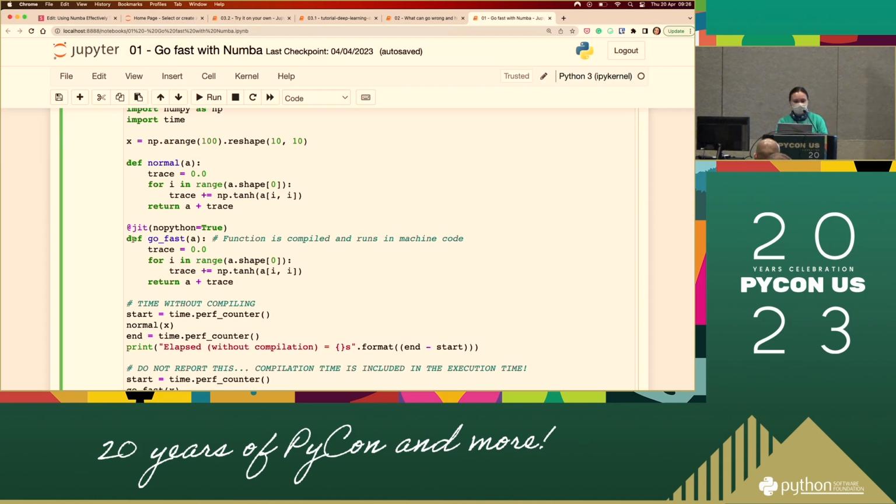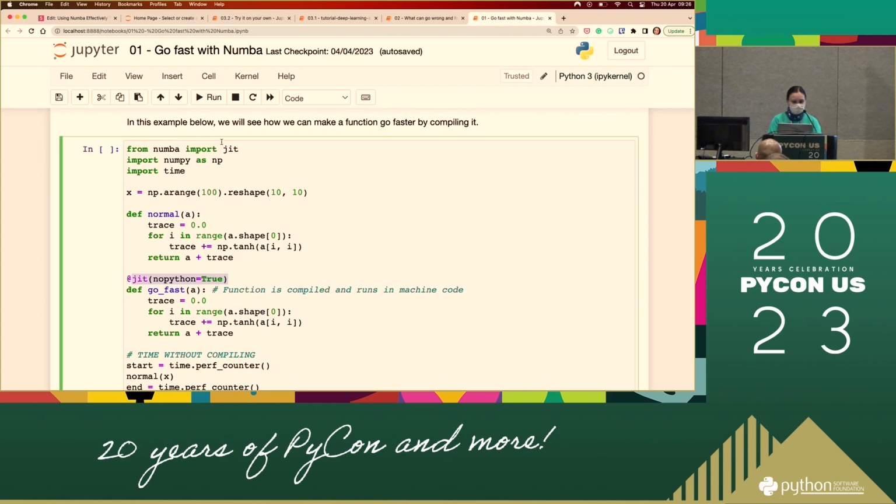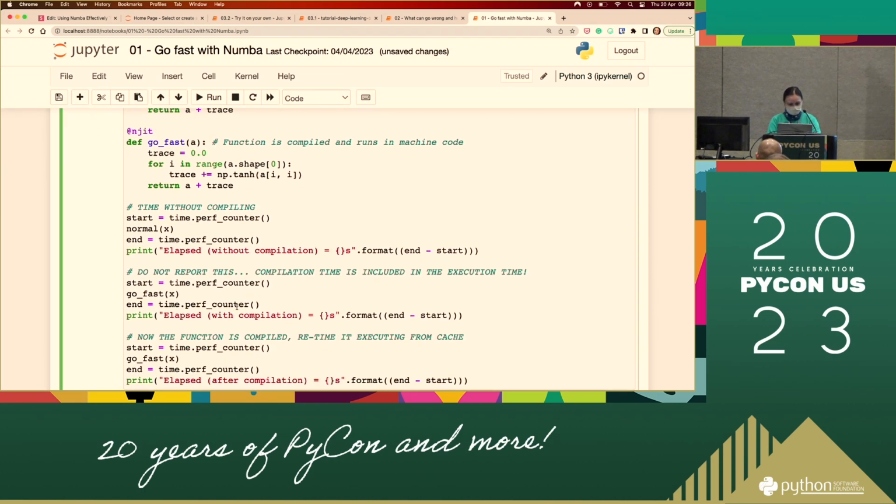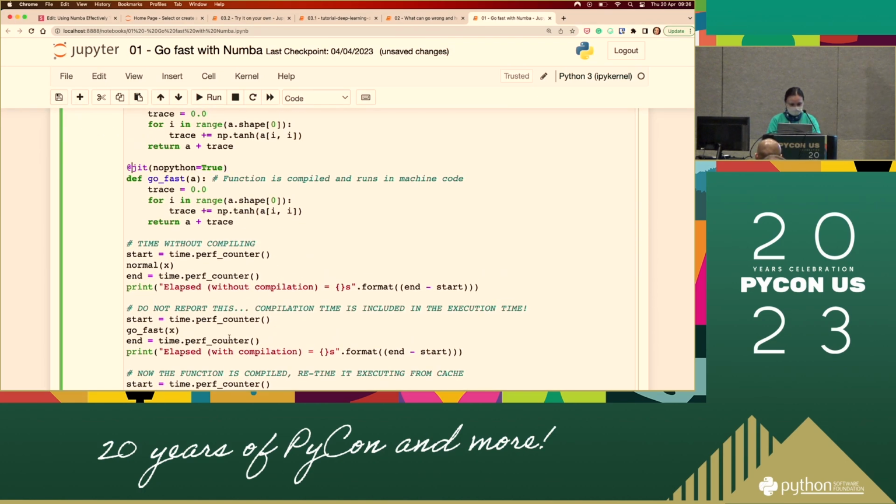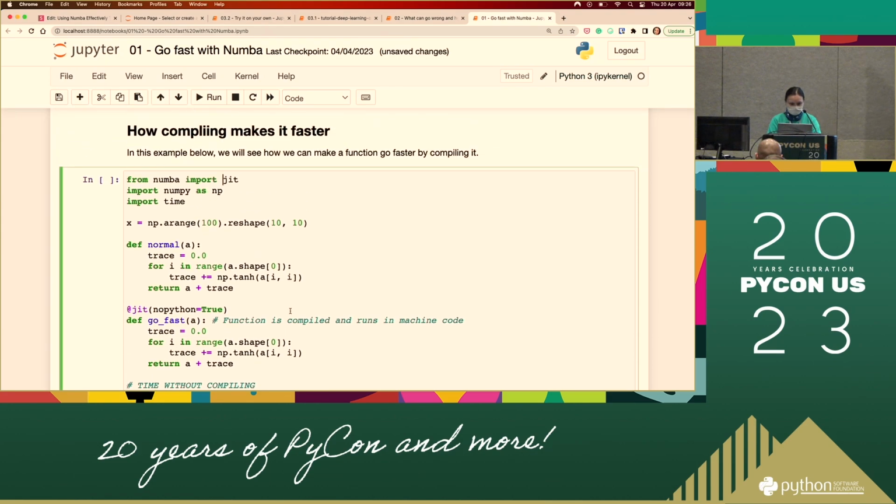The only difference is that one of them we modify by applying a decorator, the JIT decorator. And we are using nopython mode. You can change it to NJIT and delete this, and it will be the same. You can try both, but I would just stick to the original one for now. They are basically the same, like I said before.